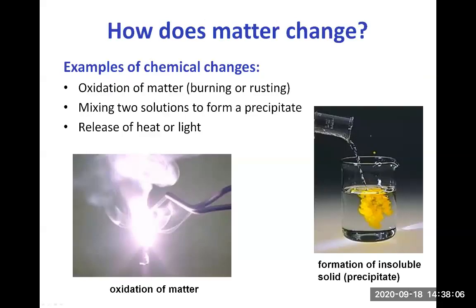So other examples of chemical changes are oxidation of matter. Like rusting of iron is oxidation of iron. Any kind of corrosion is an oxidation. Typically, that's what happens to metals, for example. Whenever you are burning something, it's also an oxidation of matter,